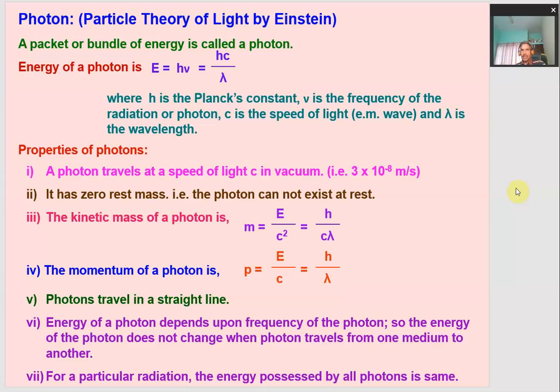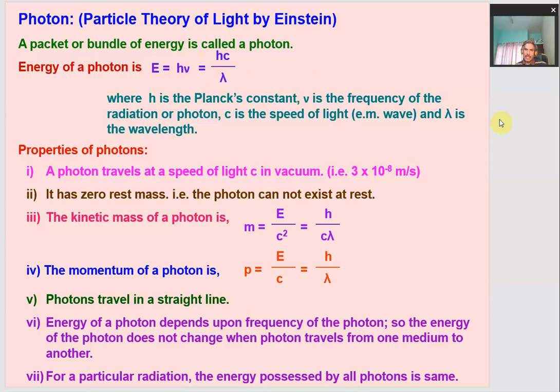The energy of each and every photon is given by E is equal to h nu, where h is Planck's constant and nu is the frequency of the incident light. And because frequency can also be written as c upon lambda, energy can also be written as hc upon lambda. So according to Einstein, light travels in the form of small packets of energy, which we call photons, right? These photons are also called particles of energy.